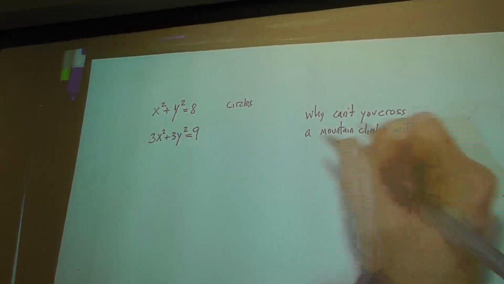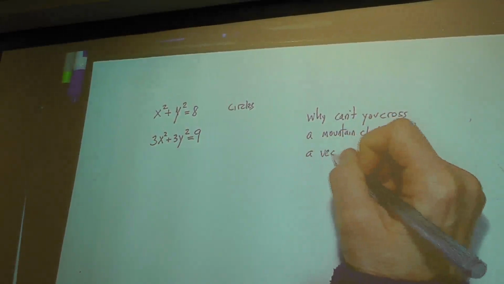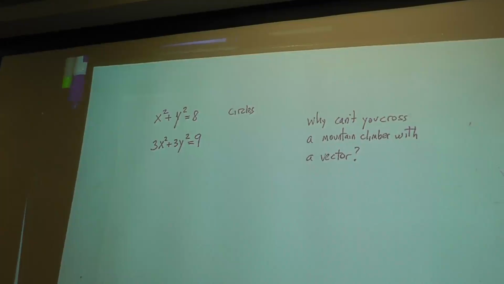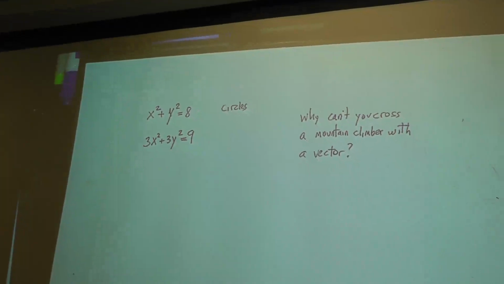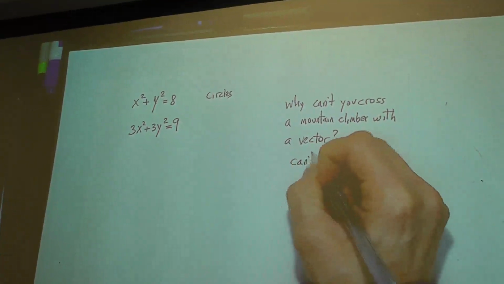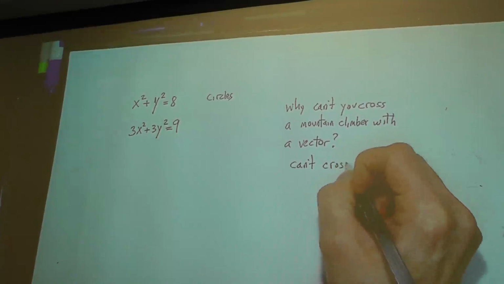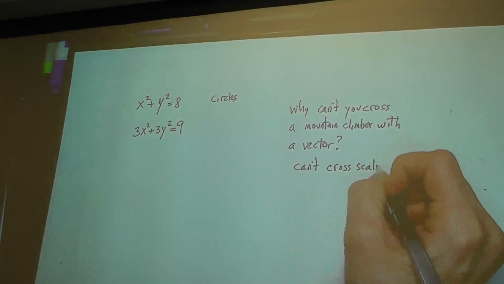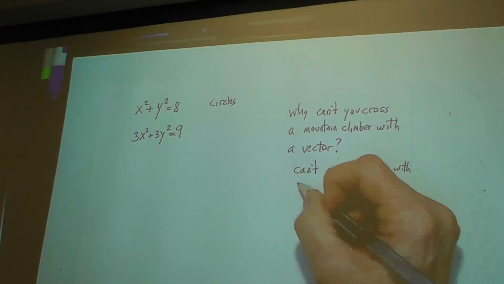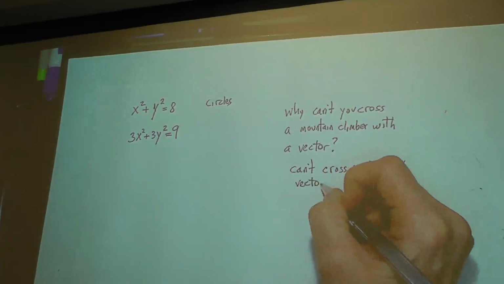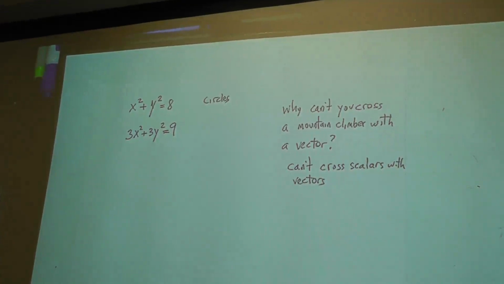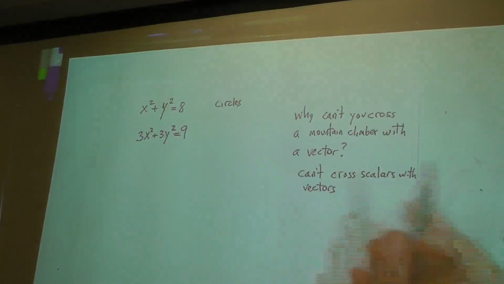With a vector. I guess it goes like this. Because you can't cross scalars with vectors. That's good. Yeah. I didn't make that one up, but that was good. So it goes something like that. But anyway,